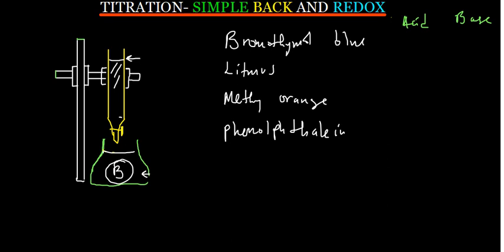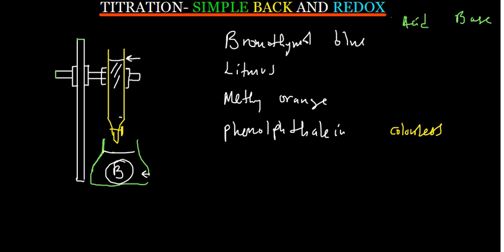In acids, phenolphthalein is colorless. So that means that when you are using phenolphthalein as the indicator, the acid should be in the conical flask, because whatever you are going to add here, you are going to add together with the indicator, so that by the time you start pouring the base inside,